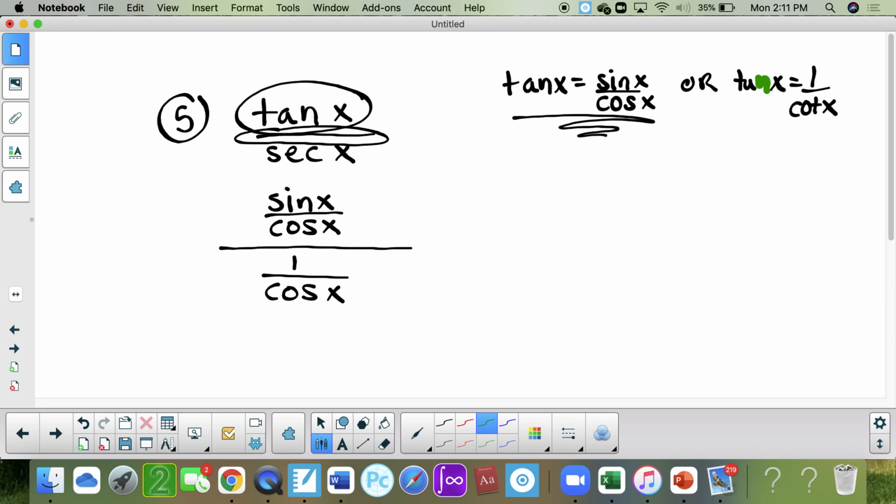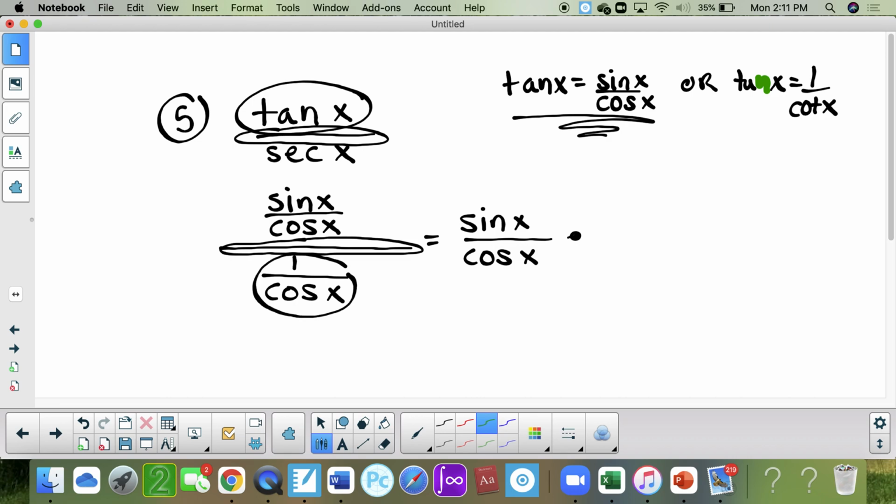And then algebra, you're going to do the sine of x over the cosine of x. Change the division sign to a multiplication. Flip this to the cosine of x over 1. Anything in the numerator that looks like something in the denominator is game. I can cancel them out. So my final answer is the sine of x for number 5. And number 7,